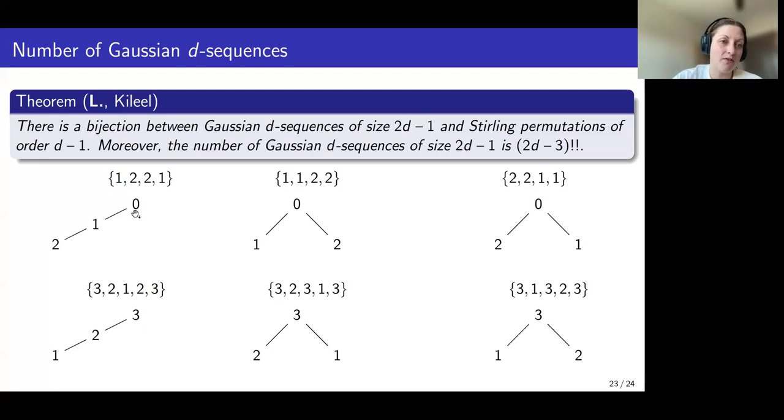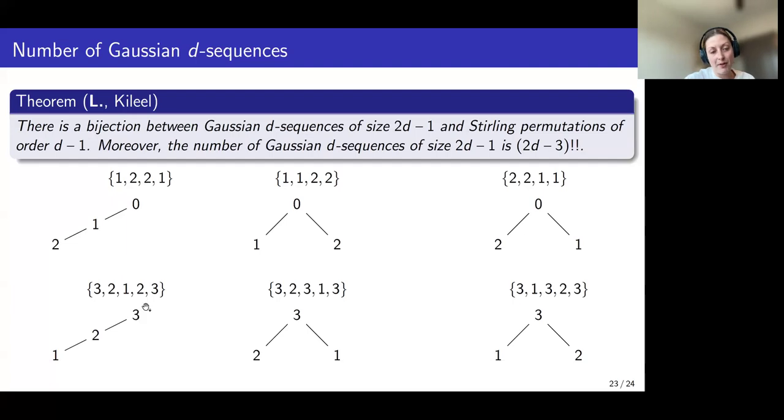I start with this recursive tree corresponding to my Stirling permutation, and then what I'm going to do is just reverse the order of the vertices. So the root will now be labeled as D, and then 1 will be D minus 1, 2 will be D minus 2, and all the way down. So you can see I take the same tree and then just relabel the vertices. Okay, and now I'm going to do that same exact procedure where I walk from root to each leaf, leftmost to rightmost. And then instead of recording the edges, now I'm going to record the